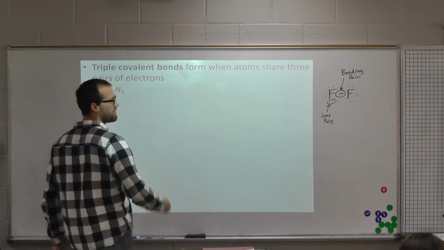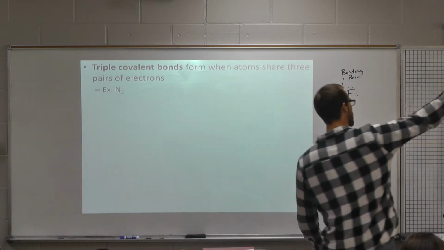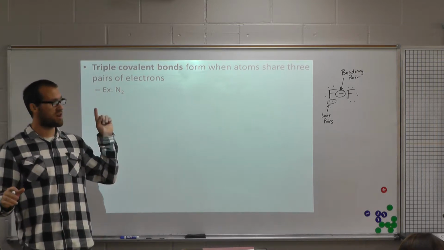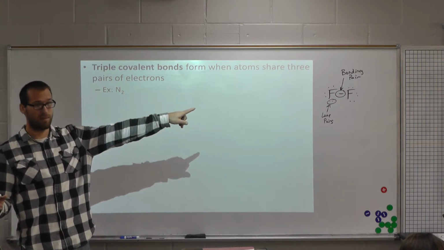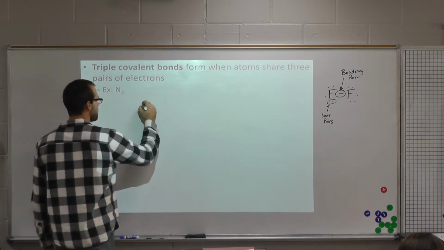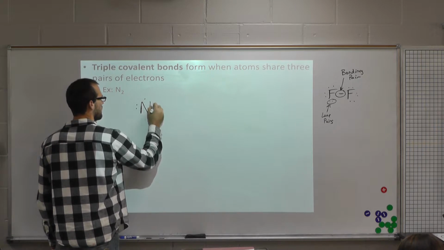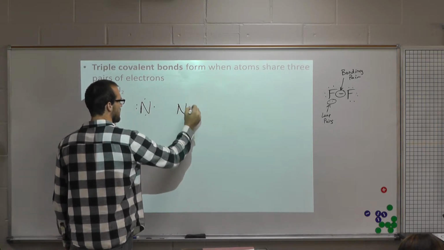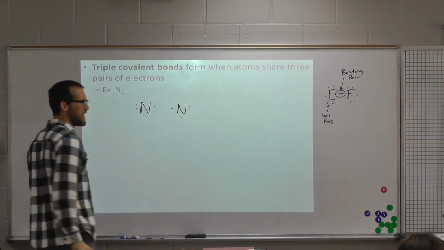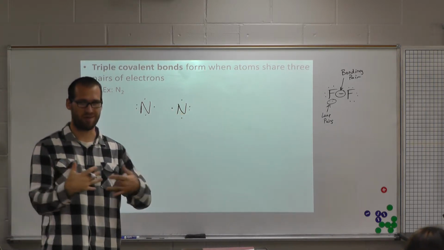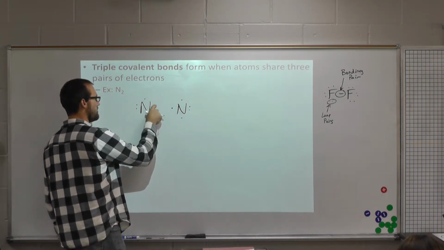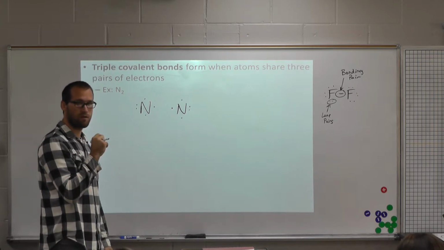Alright, now we got nitrogen. How many valence electrons does nitrogen have? 5. 5 valence electrons based on its location on the periodic table. Do we need a refresher on how to identify valence electrons? Anybody? All good? Now it's time to ask. Alright. 5. Now notice I took the lone pairs, and I kept them as far away from each other as possible because the bonds typically are going to be formed in the middle. Okay, so notice I have 3 unbonded regions,